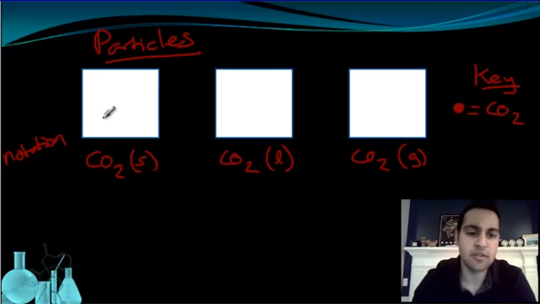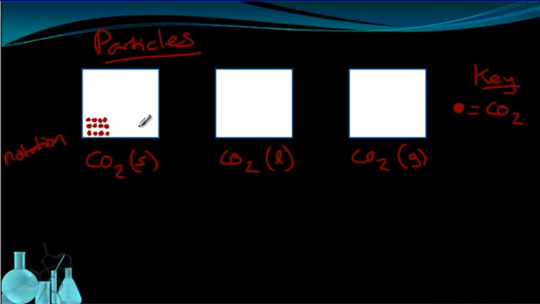So let's look at the first box. We have carbon dioxide in a solid form. I have my arrangement of solid carbon dioxide particles. You'll notice they're in a very regular geometric pattern. I have them in a grid because solids form a very regular geometric pattern. They're also going to be fixed in position and not really moving around. They kind of vibrate in place a little bit, but their position is fixed. They're going to stay in this rigid, fixed position, in a geometric arrangement.